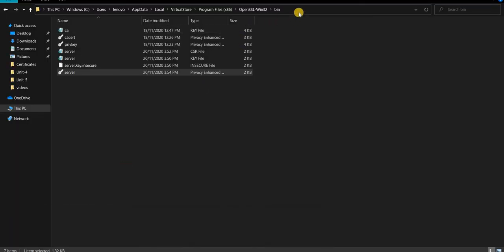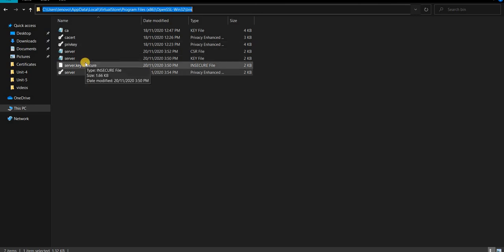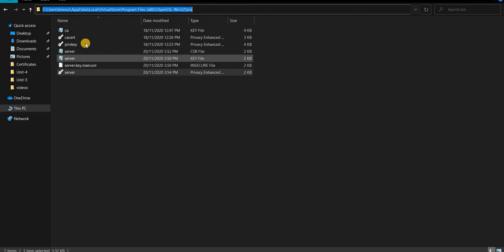These are the steps, and you will get the default location here. This is the default location where all the files get stored: server.key, server.key.insecure, server.csr, server.crt or PEM, everything is available in this folder. Then you have to install XCA, and you have to import all this, server.csr and server.crt, in XCA, and you can see the digital certificate in that software.